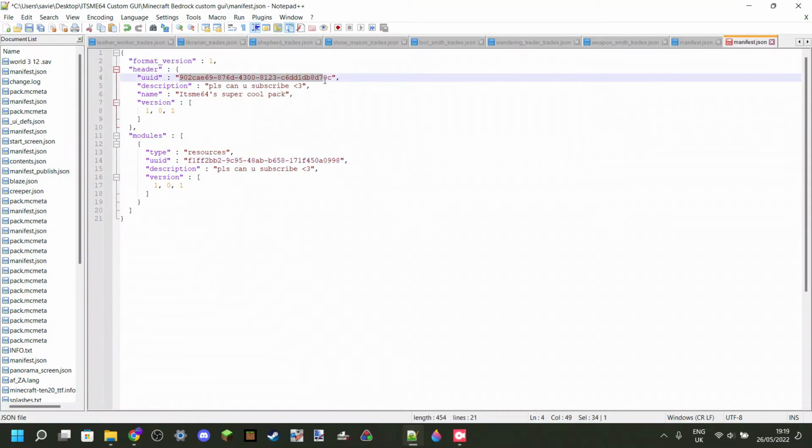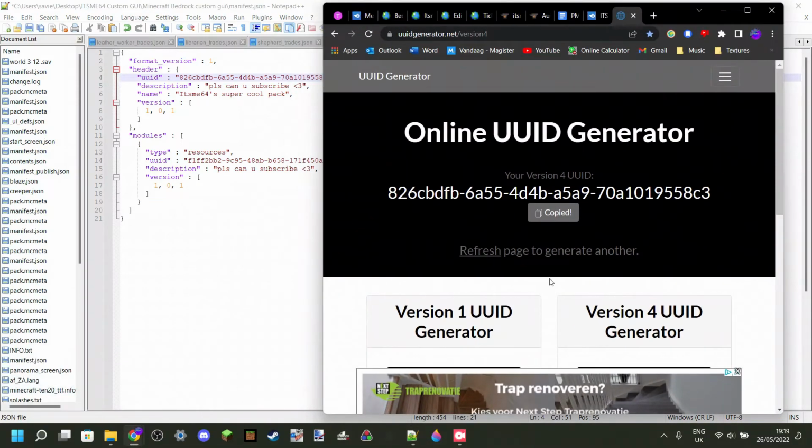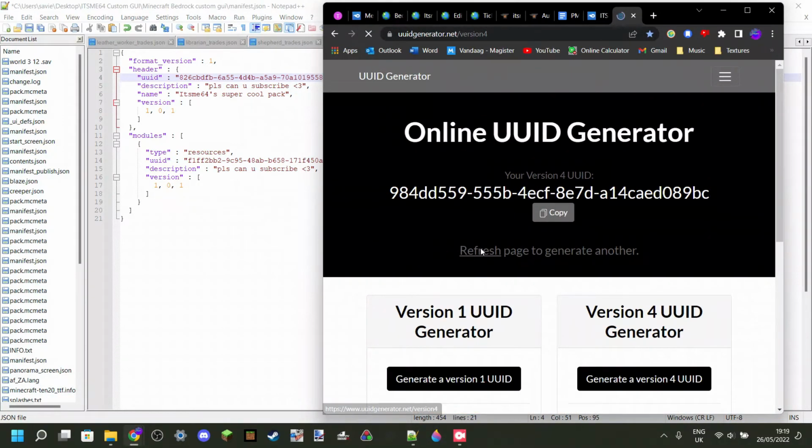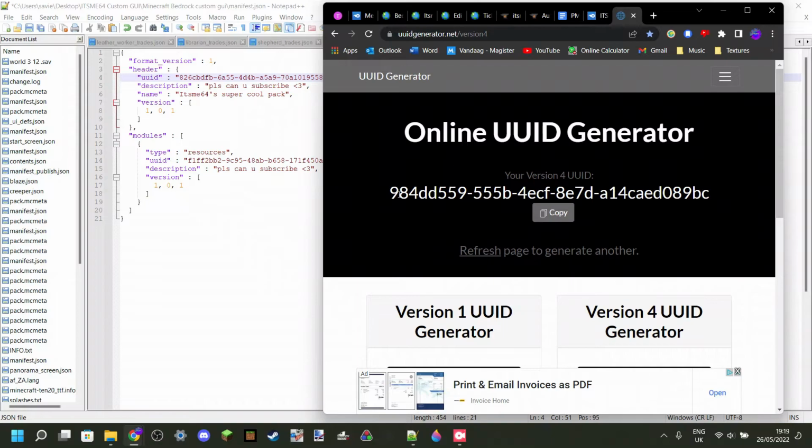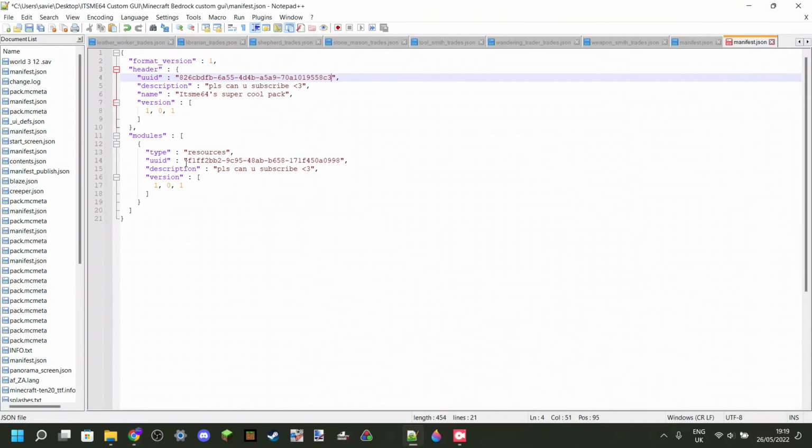So you can go over to the top one, select the entire thing, and then paste your new one over it. Very important that you paste it over the entire thing and that you don't accidentally have an extra character at the end. Then you can repeat that step, so you can go back, click on refresh to refresh the page. Then you should get a new UUID. Copy that again, and then you can paste it over the bottom one over here,